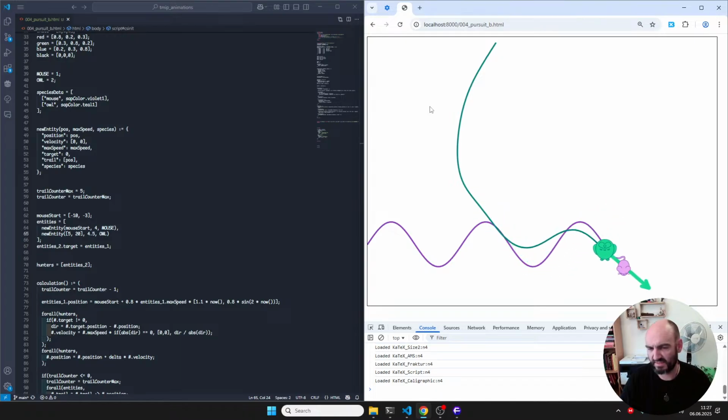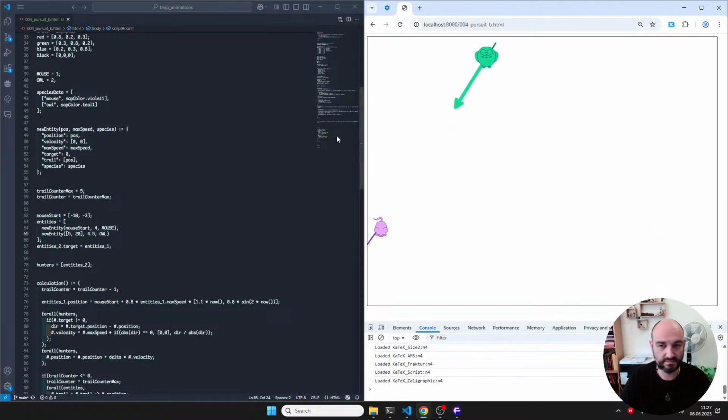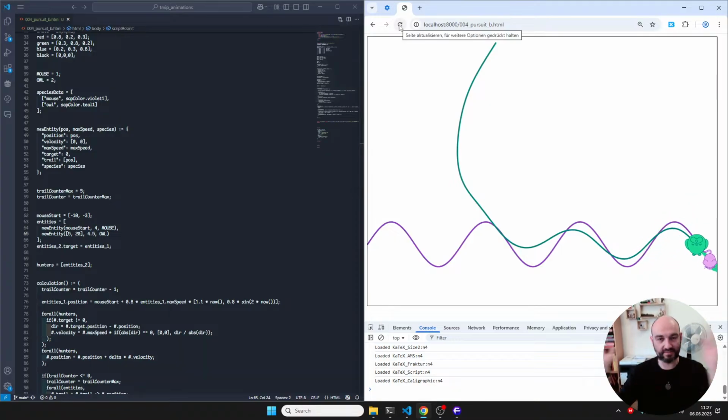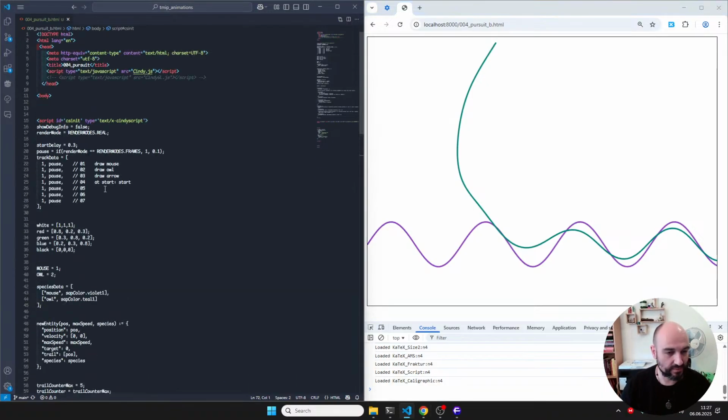Yeah, it's okay. It's for a standalone single animation. I think we might want to optimize what kind of curves we want to show, but imagine it's a big lecture on differential geometry, and then it's just one example of many. So what do you want to do? You want to draw the mouse, draw the owl, draw the arrow. At the start of movement 4, we want to start our